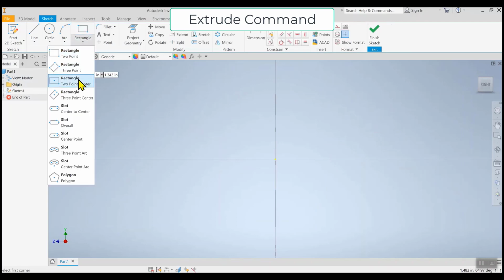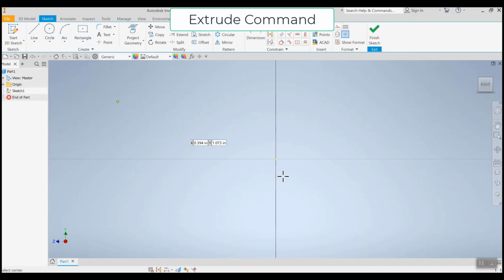What is a 3D model? A 3D model is nothing but adding one more dimension. For example, if I take this rectangle,